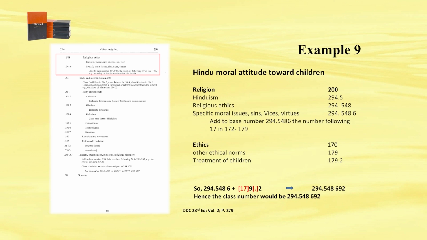Then as per the instruction, we found the number for towards the children, which is 179.2. But as per the instruction under the class number 294.5486, we have to omit the 17 because it has told us to add the number following 17. So finally, the number will be